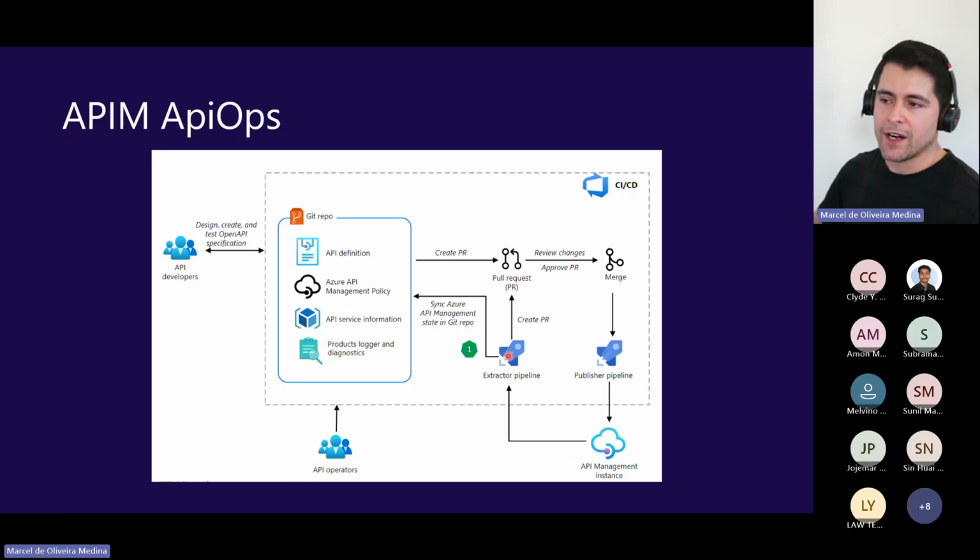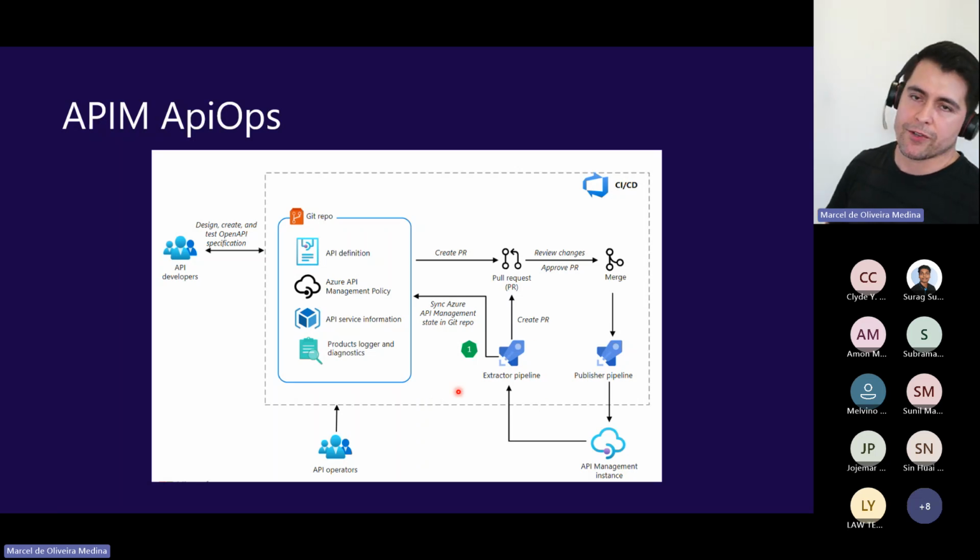And before the PR is created, this pipeline verifies whether what we have on the Git repository is there or not. If it's not in there, it's going to create a PR. If it's in there, it simply is going to ignore. So there is no need for you to raise a PR for no change.